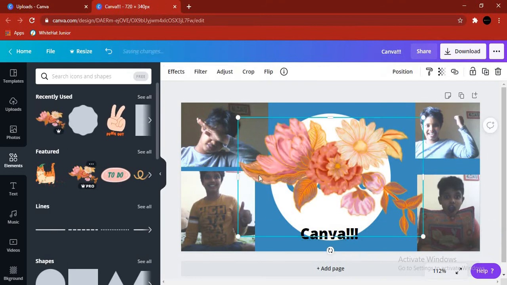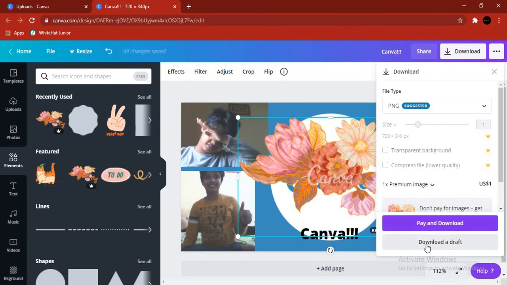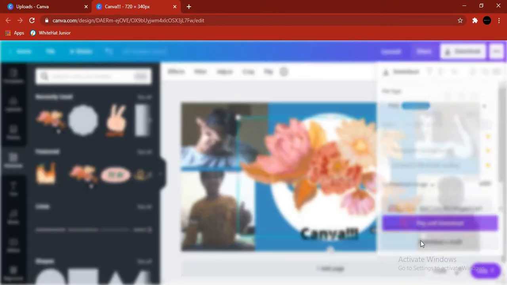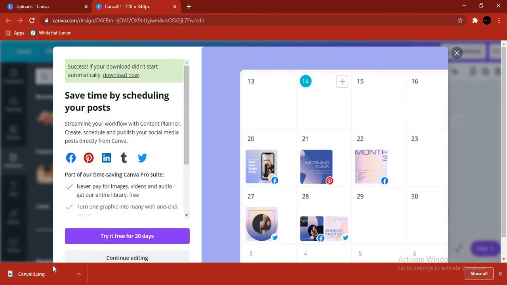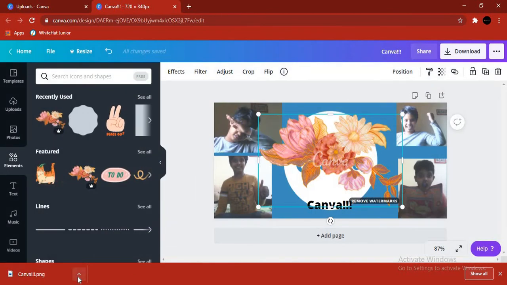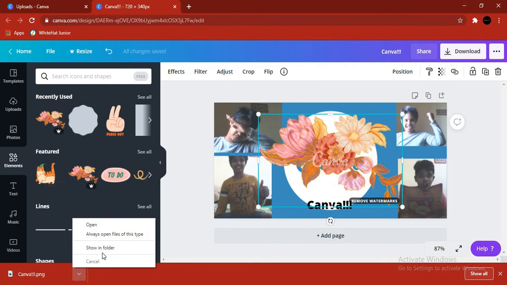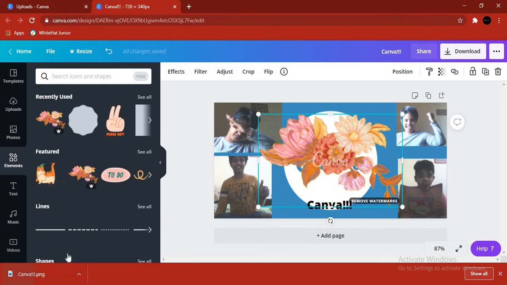If I just do that and then download, it's going to say pay for download. But just click on download a draft. It's going to do that, Canva.